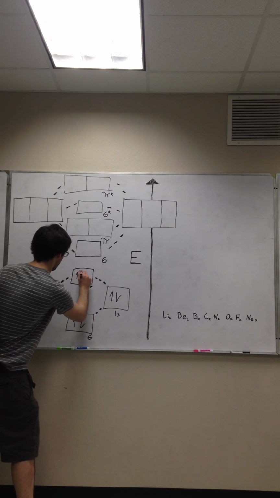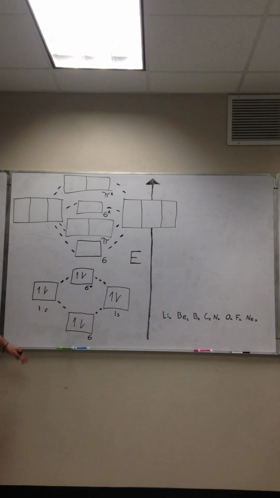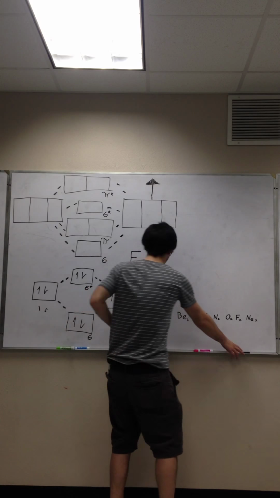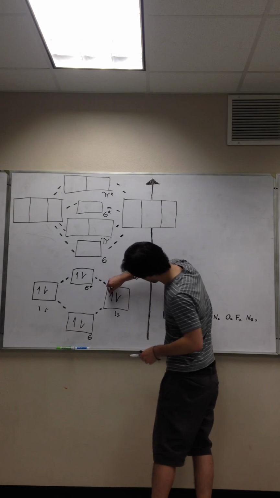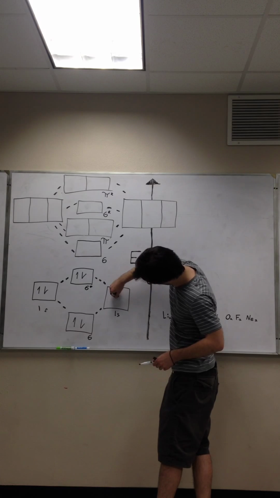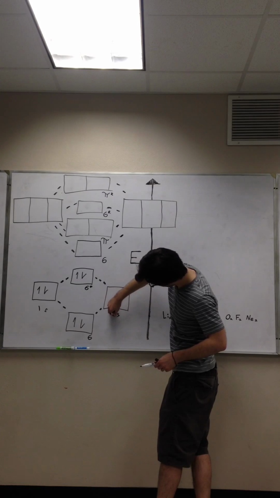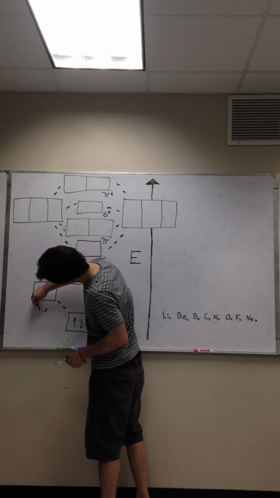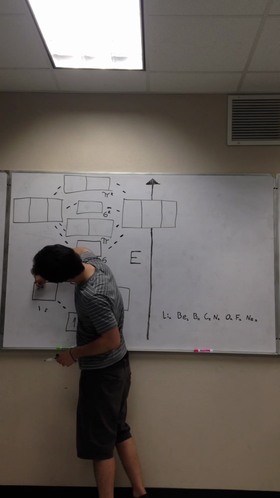But I'm going to take this off. It's understood that this level of energy is much lower than the 2s orbital, but today we'll only be looking at the 2s orbital and the 2p orbital as it's filled. So I'll erase this, and we can start taking a look at our first diatomic molecule,